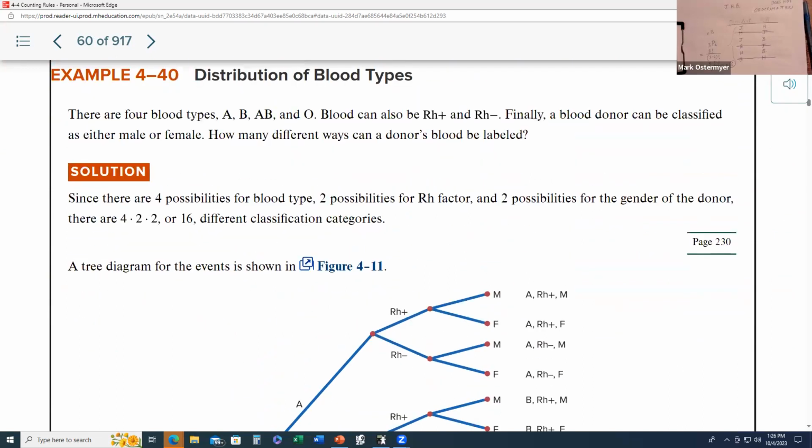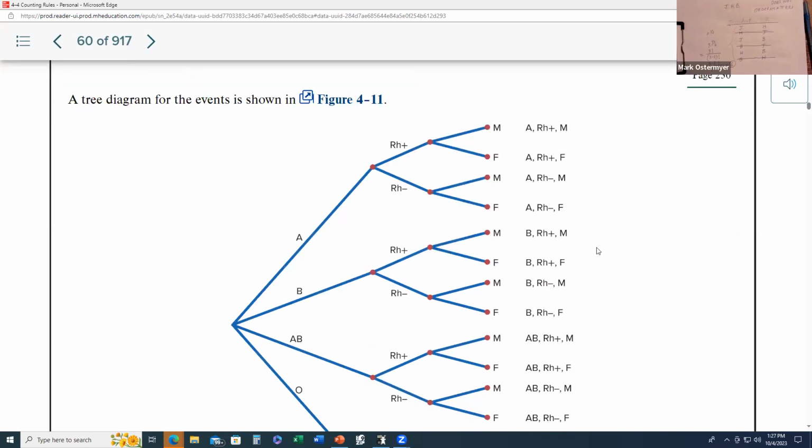For instance, here's a good example. There are 4 blood types that we discovered, A, B, AB, and O. But blood types also have a rhesus factor, whether it's positive or negative, Rh positive, Rh negative. Finally, the blood donor can be classified either as male or female. How many different ways can a donor's blood be labeled? Well,